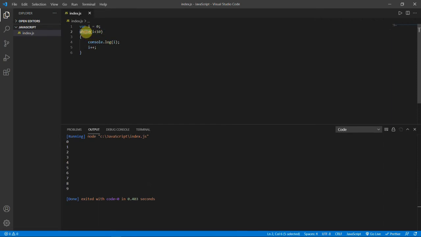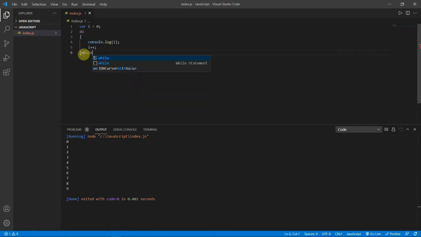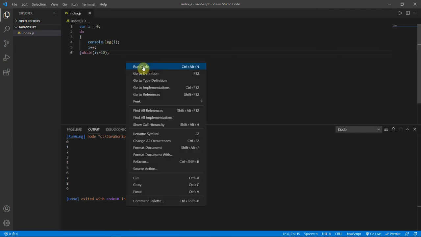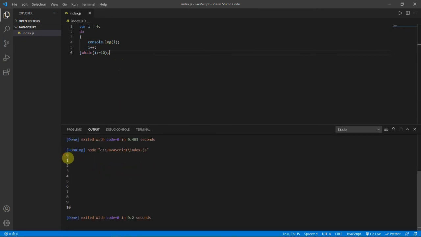Now we will check the do while. We will create a do, and then take the condition out from here, and then here we will give while, and then I less than equal to 10. Yeah, this is our do while loop. Again I hope you know the do while loop. It is the same syntax; basically it is all the same between C and JavaScript in looping and conditional statements. So we'll run this. Again we are getting the same output, but I have done it using the do while loop.